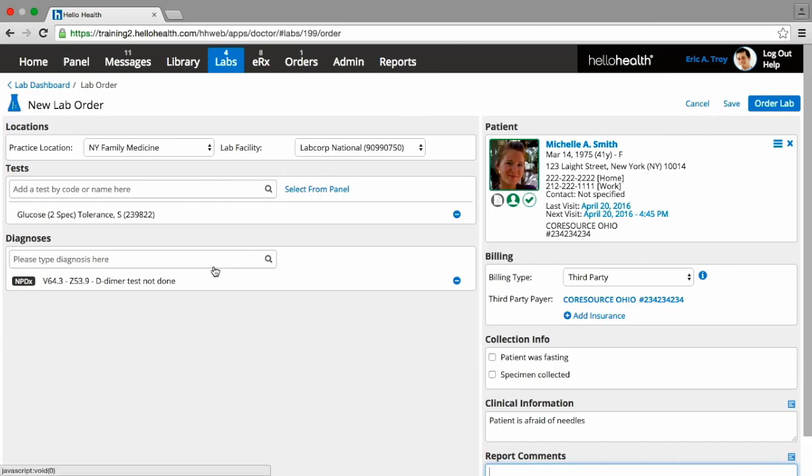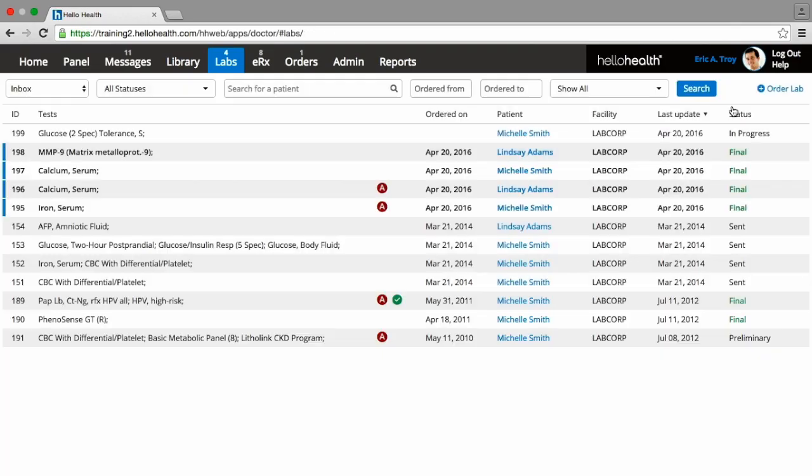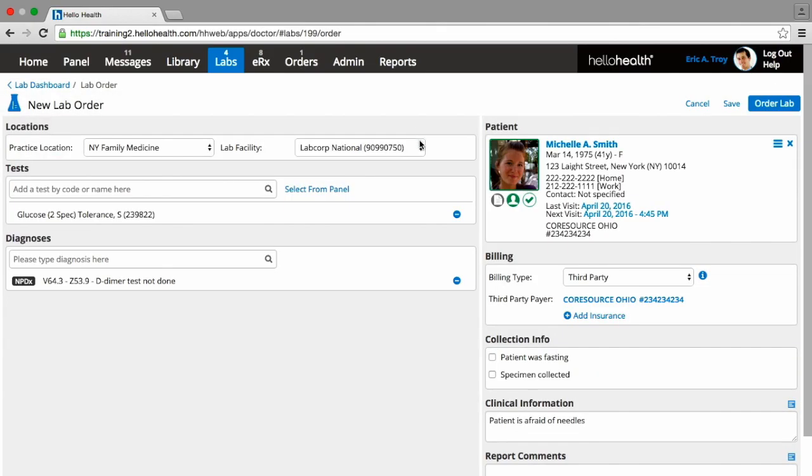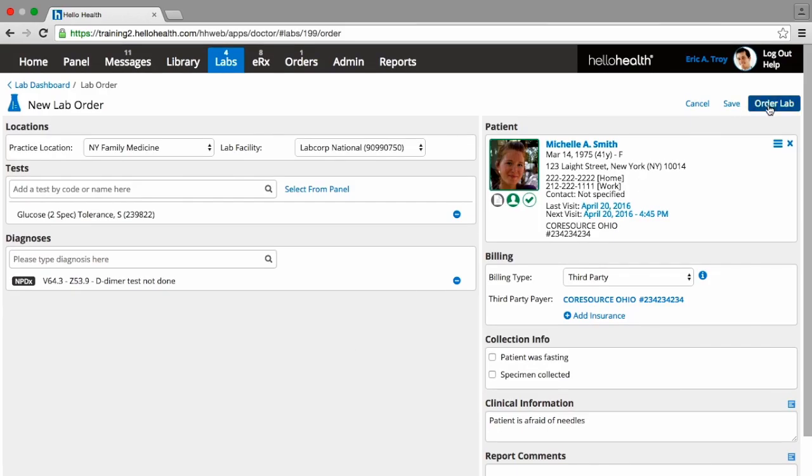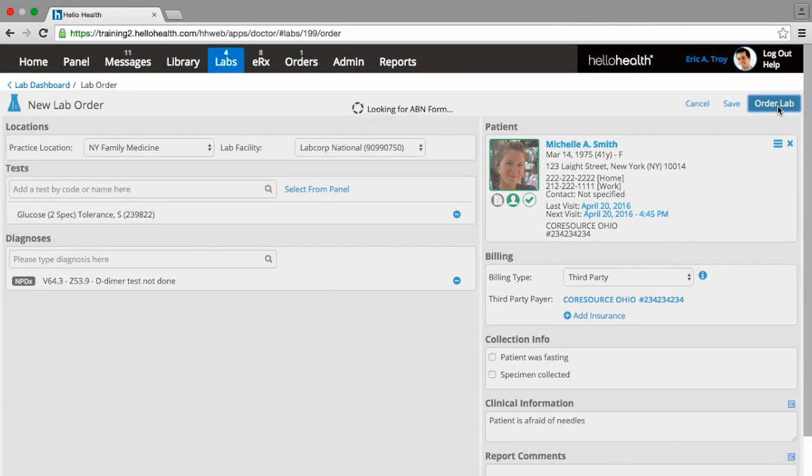If you have a staff member who is starting the lab order and you would like the doctor to review the lab order before submitting it to the lab facility, you do have the option to select Save, and then the provider can review the lab afterwards. Once you have filled out all mandatory fields when creating your lab order, select Order Lab on the top right-hand